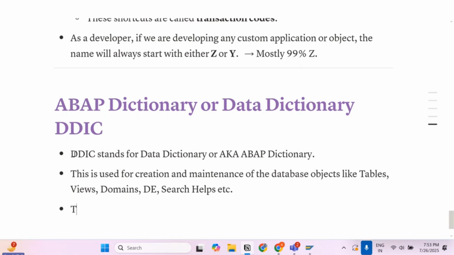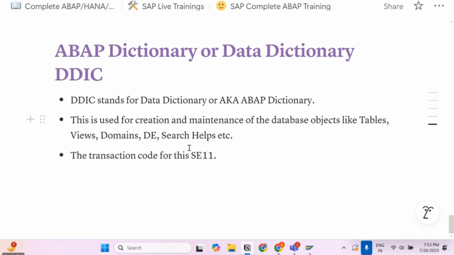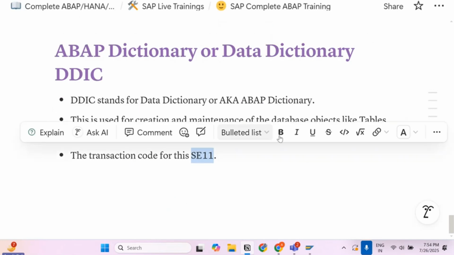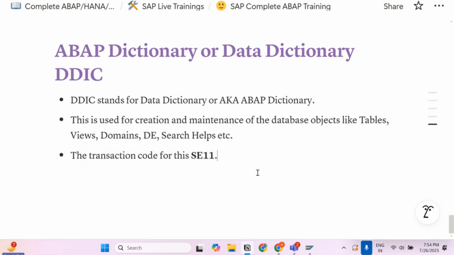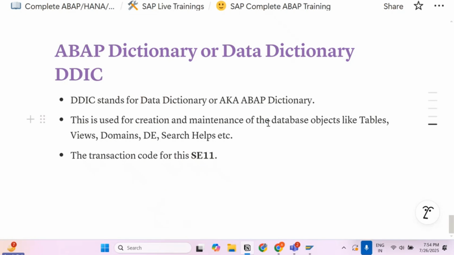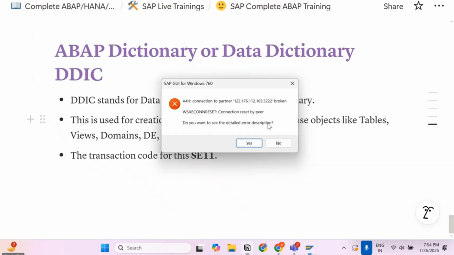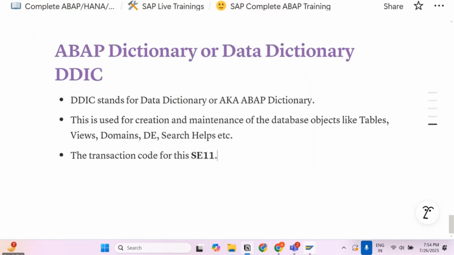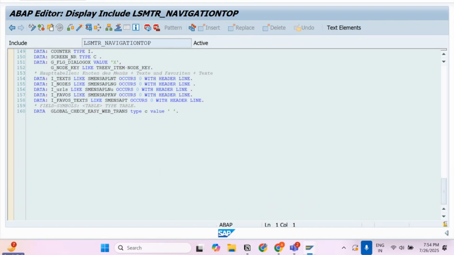The transaction code for this is SE11. SE11 is the transaction code which is used for the creation and maintenance of it. So if I go for that, just close this. And if I'm going for it directly to SE11,